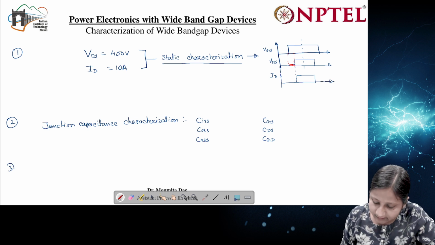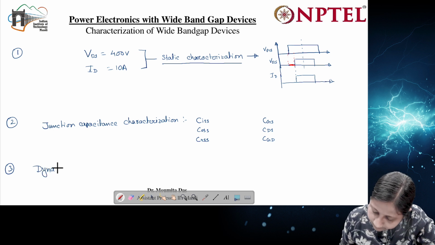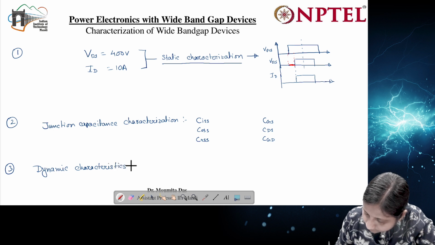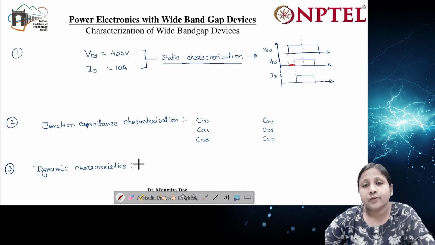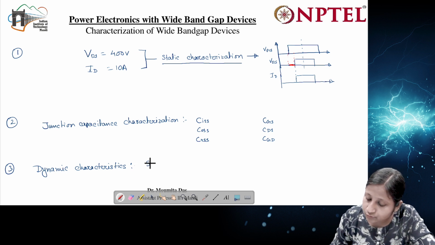Now the third point is the dynamic characteristics. When I say dynamic characteristics, this gives us information about different dynamic conditions. So what are the different dynamic conditions? Dynamic conditions means the device has not reached steady state. So either the device is turning on or turning off. If the device is turning on, during the switch on condition,